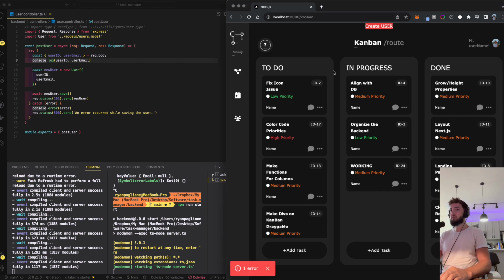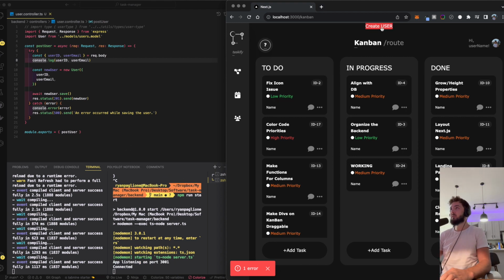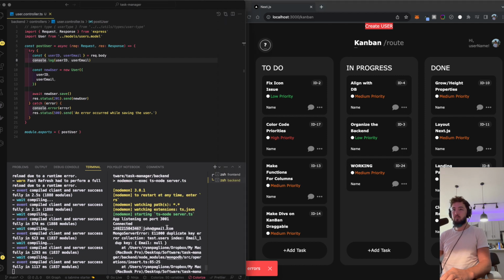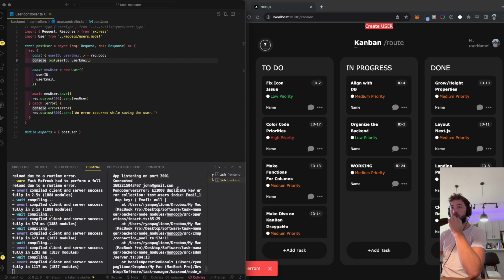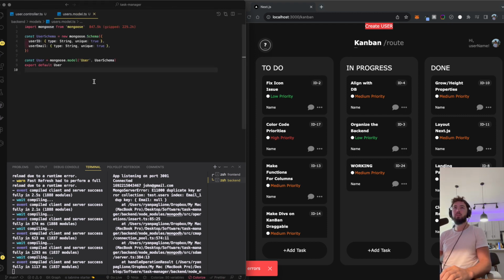Let's see if we're getting those unique things on the back end real quick. One error, it's because the server wasn't connected quite yet when we sent that request off. Let's go ahead and try it one more time. Boom, I did see a unique number, john@gmail.com, and duplicate key, test user email, duplicate email null. Weird, we don't have a model for that though. So I wonder if it's, oh, you know what,